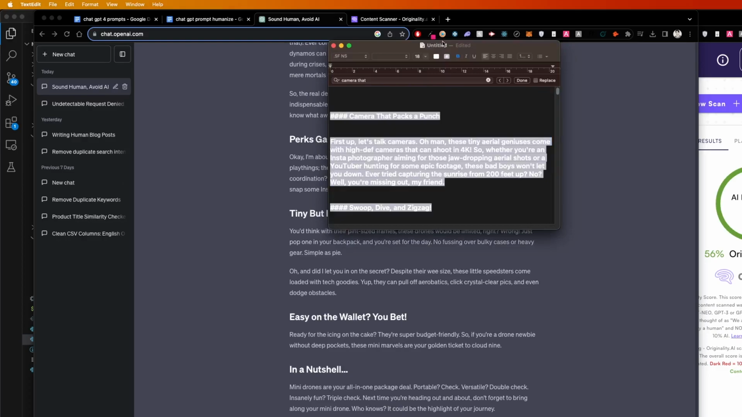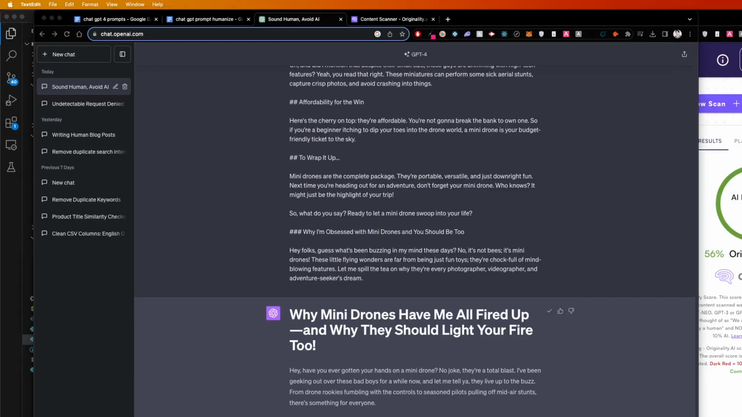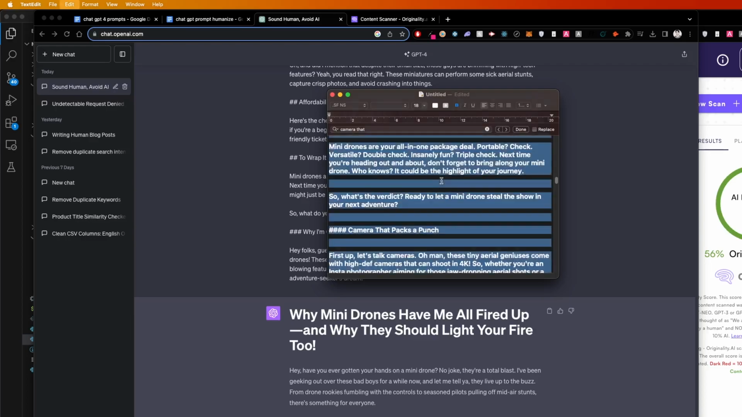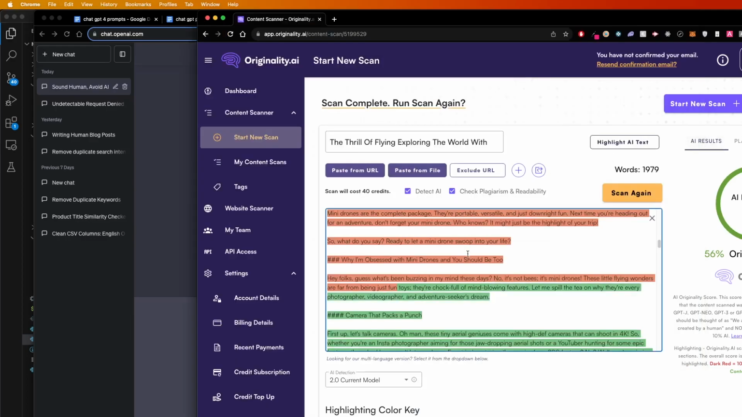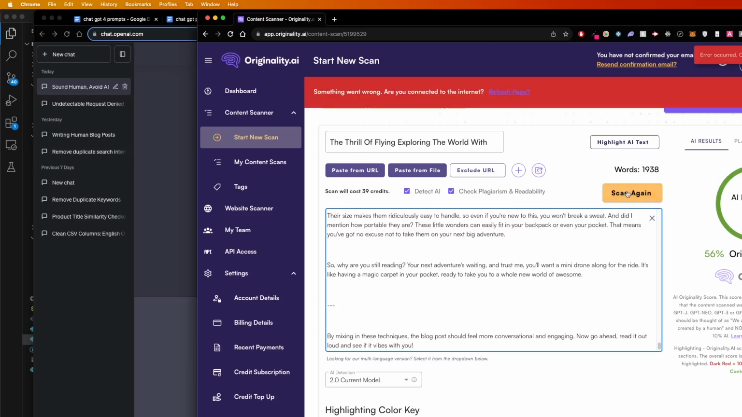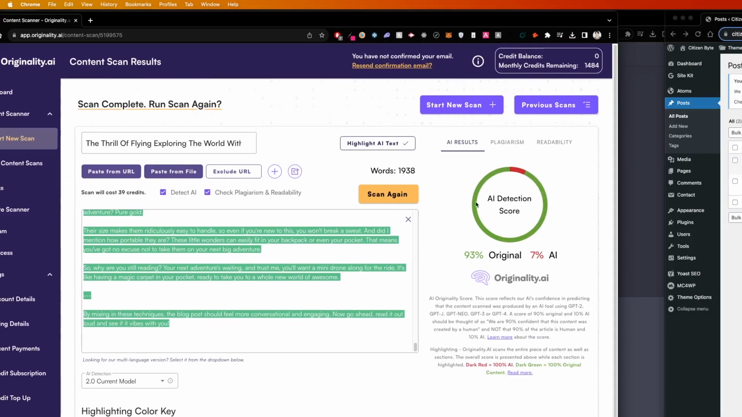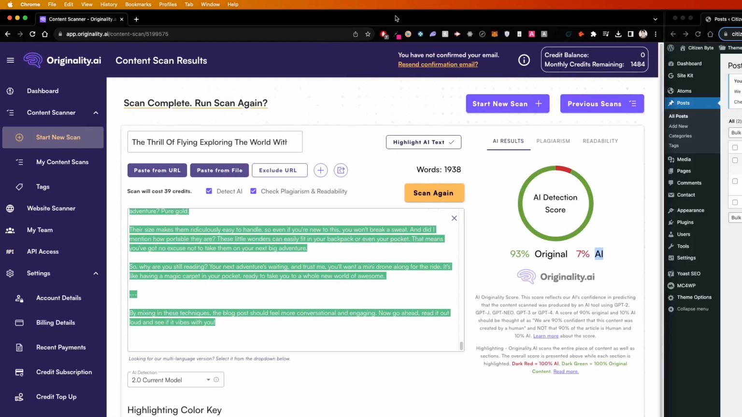Going to delete that, and then just copy this. So just put it into the text file here. Let's see if I can get better. So 19. Okay, so that's great. As you can see, 93% original, 7% AI. So that's really good, and I'm just testing this, but we'll see how it